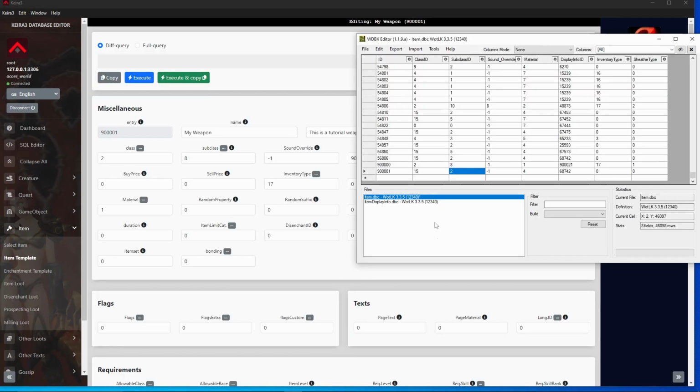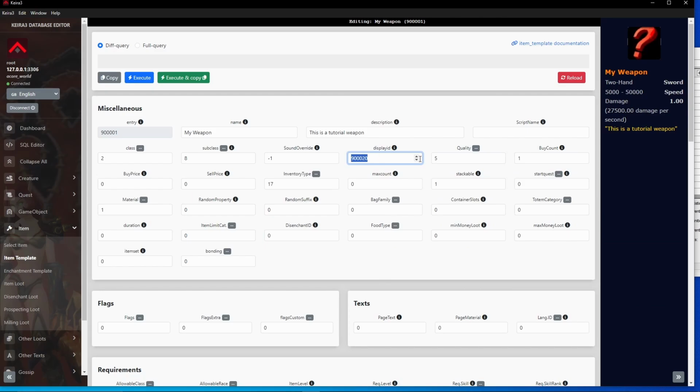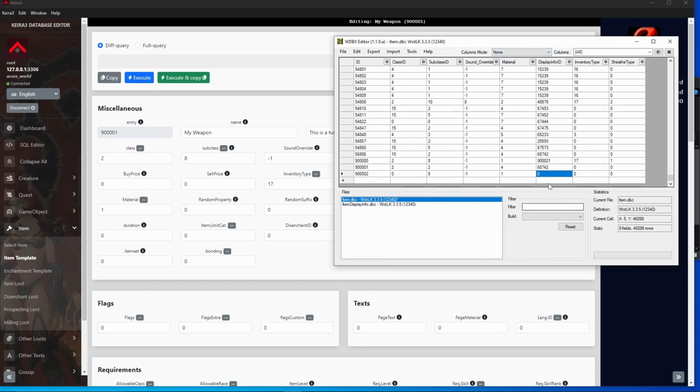Here we are. Now what you want to do is on class, we want to set it to 2, as you can see here. Subclass is 8, and this one is -1. Material was 1, as you can see here. The display info is this number, so we would copy this, put it into the display info here. Inventory type was 17,